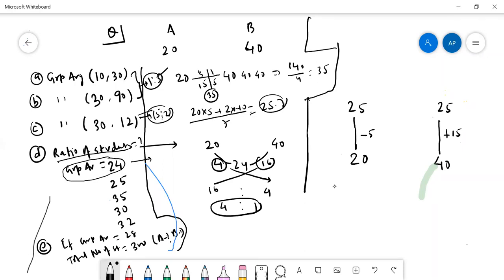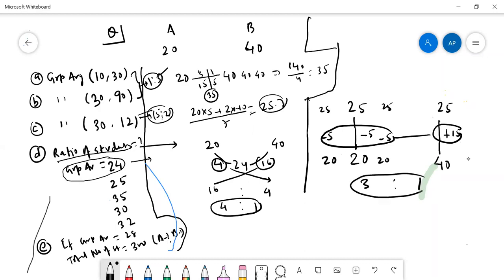ठीक है, कितने कितने स्टूडेंट्स लें कि ये एडजस्ट हो जाए। तो हम देखते हैं कि अगर हम ए के 3 स्टूडेंट्स ले लें तो तीनों 5-5 करके मिस कर रहे हैं ग्रुप एवरेज से, और बी का एक स्टूडेंट इन तीनों को सेटिस्फाई करता है, मतलब कवर अप करता है। तो इनका रेशियो 3:1 होगा। इस तरीके से भी जरूर सोचो। मतलब थोड़ा टाइम टेकिंग है एवरेज के एलिगेशन के रिस्पेक्ट में, बट इसकी अंडरस्टैंडिंग अच्छी बनेगी तुम्हारी।